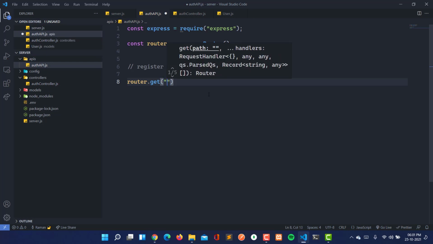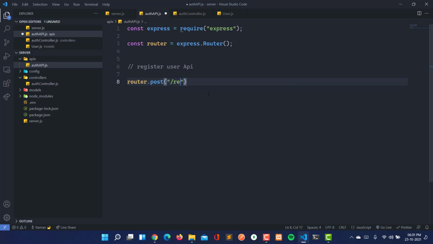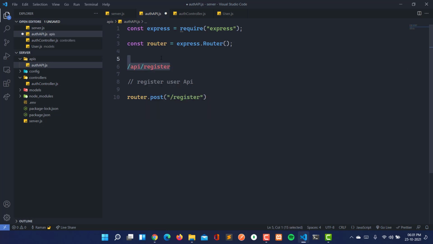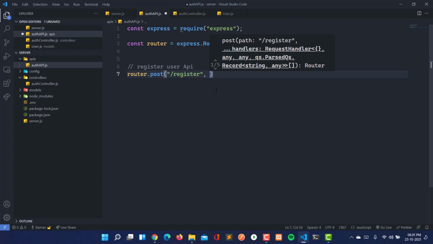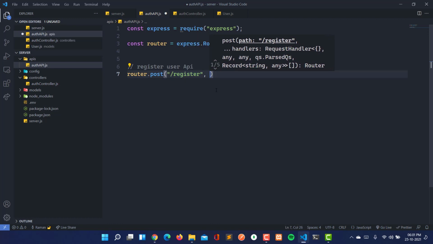So post request, and for the register route it will be like slash api slash register. We will apply that to the server also, and we will use this router in that server only. And now here it is slash register, or like sign up, register is okay.